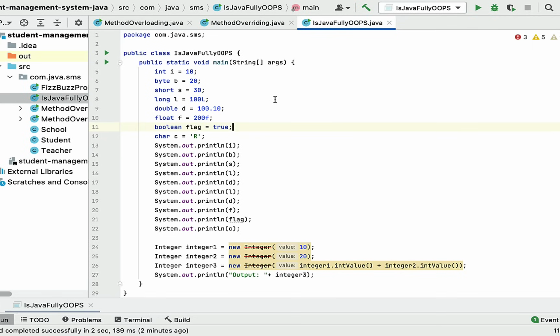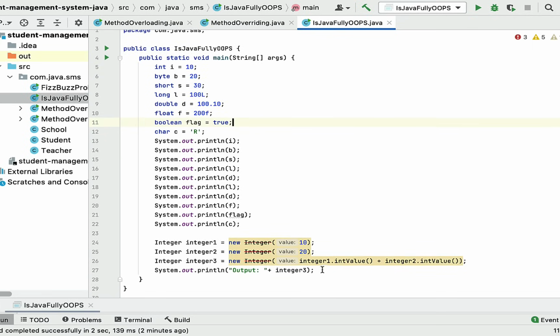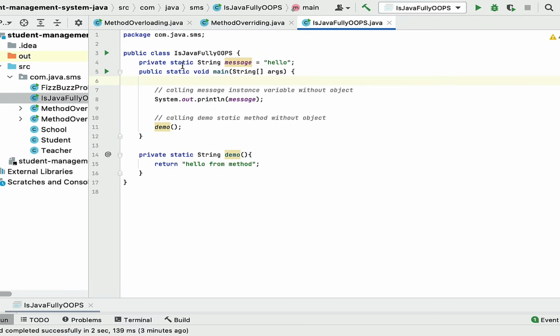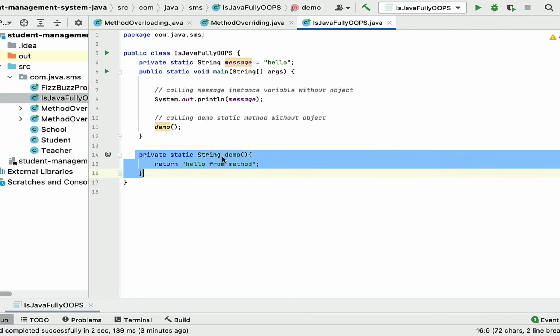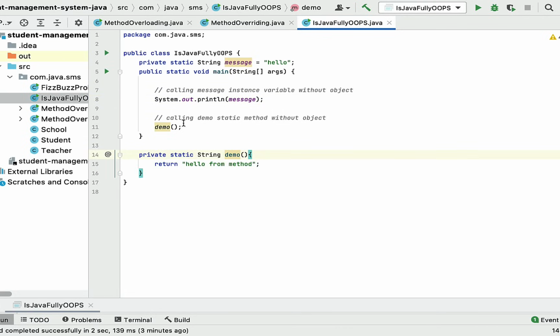And we can access them without using an object. For instance, look here, I have created one static variable message and I can access this static variable without using an object. This is the System.out.println, and directly I am accessing the static variable message without using any object. And again you can see the static method,